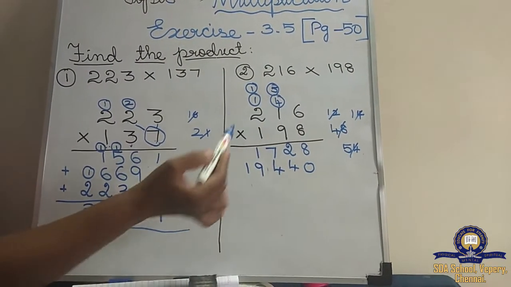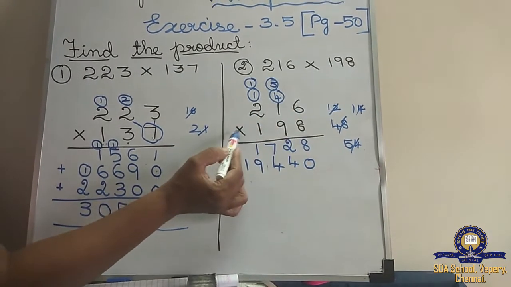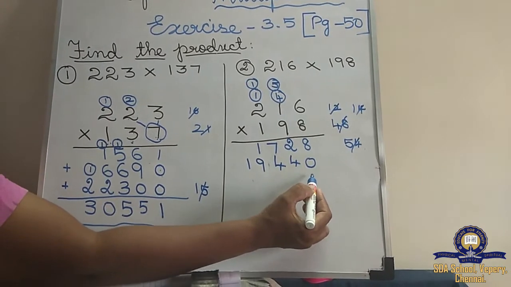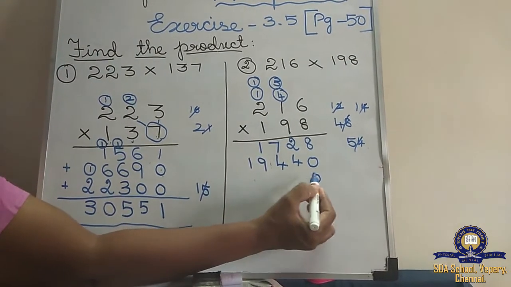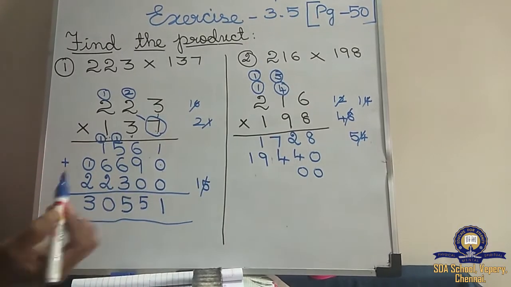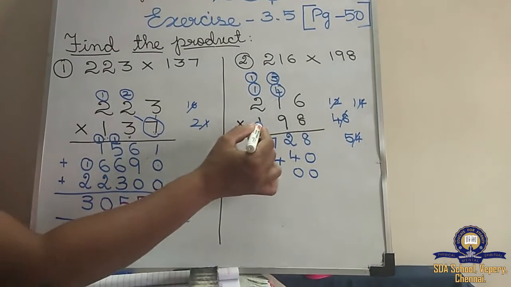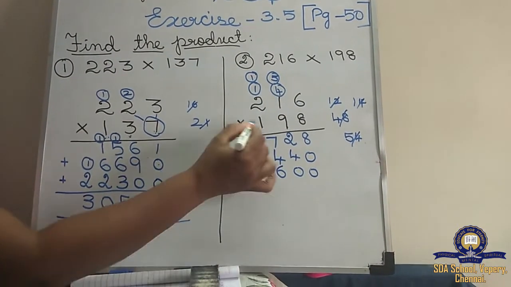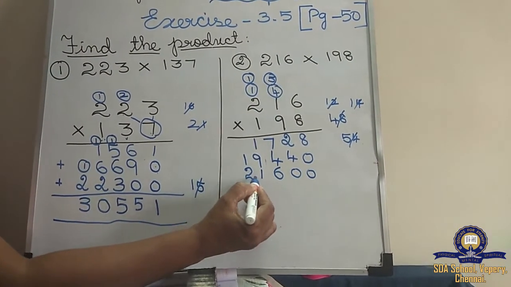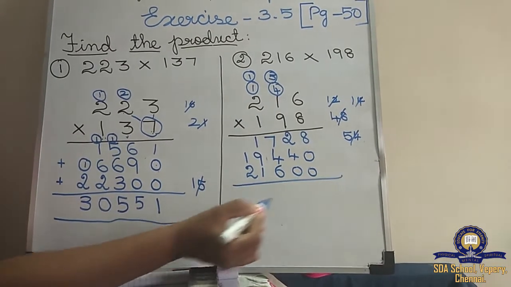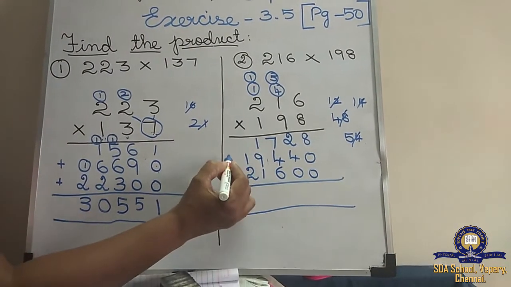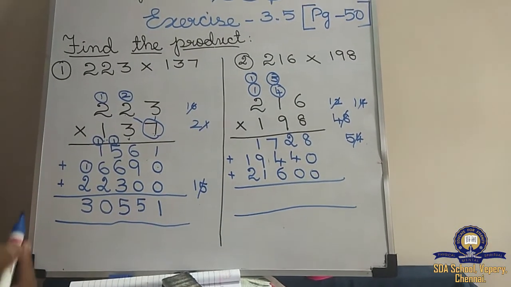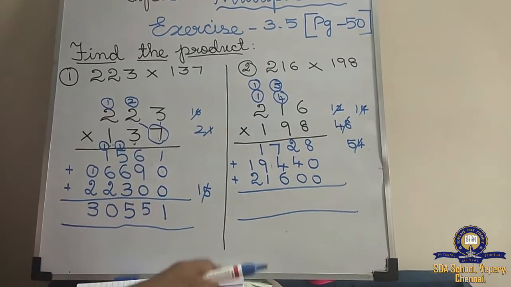Now we are going to multiply 216 multiplied by 1. It's easy. So while coming to the answer, how many zeros do you have to add, children? 2 zeros. Don't forget to add 2 zeros. 1 6 is 6. 1 1 is 1. 1 2 is 2. Okay. Now what you have to do? You have to add these 3. So put a plus sign. Multiplication is repeated addition. Understood? Then you have to add.